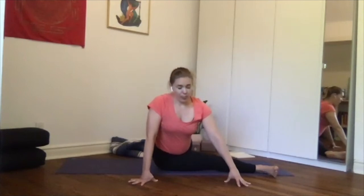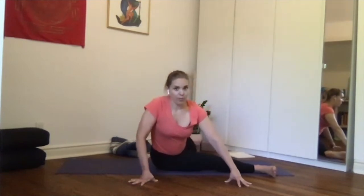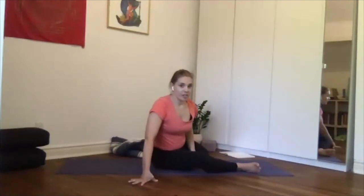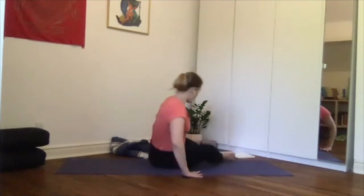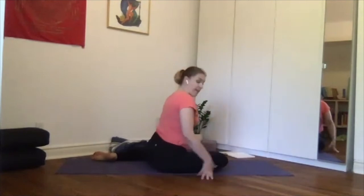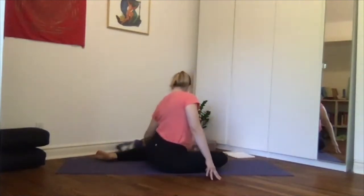And again, there might be a lot of sensation going on. Do your best to breathe into it. You're not going to be here for too long. Good, and then we'll start to bend both the knees and make our way towards that 90-90 shape or bigger than 90-90. So second side, checking again that the front knee is on the floor, and if it's not, then taking your blanket for underneath the knee,